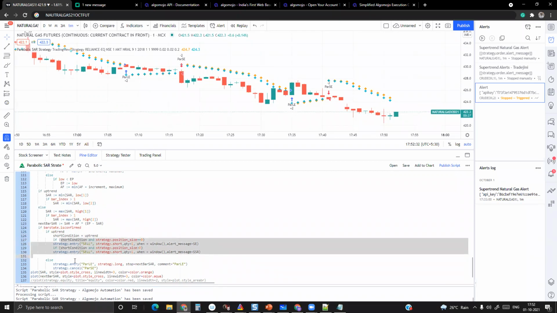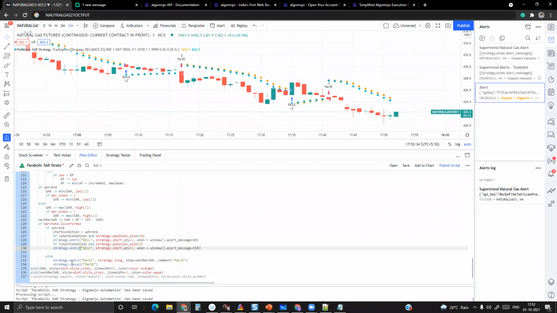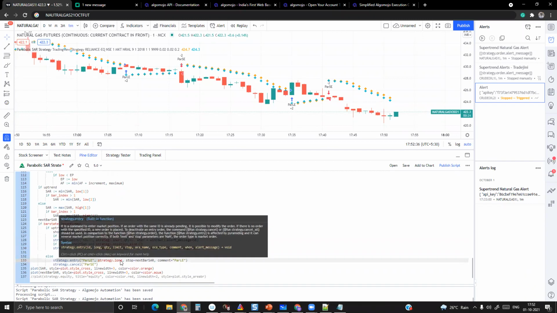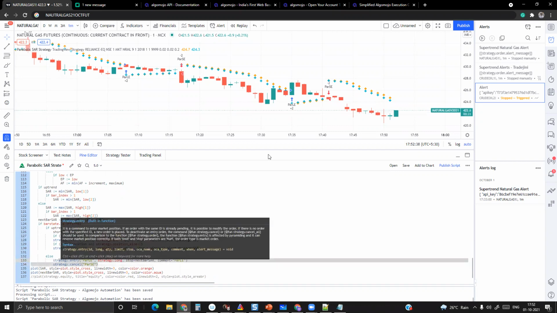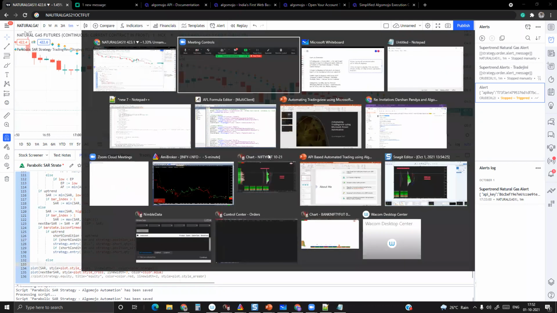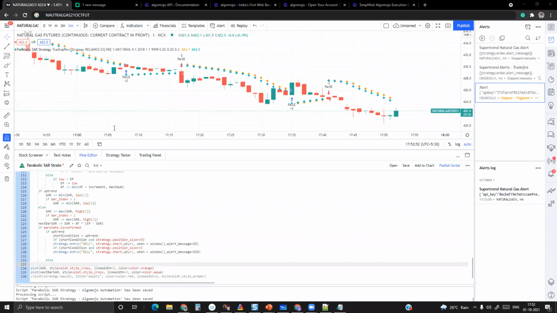And for the buy signal, it's the same thing I'm going to do here. If the else is getting triggered, automatically I have to go to this specific module.